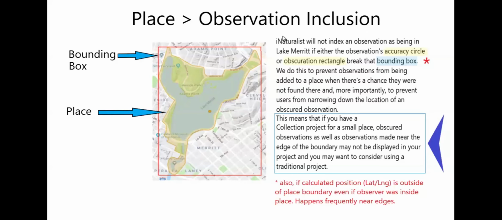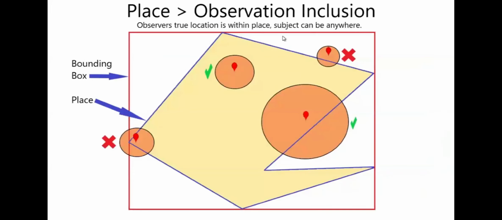Like I said, all these slides will be available. You can read through these in more detail. So here's four observations, all taken in that place. On the far left here, you've got an observation with a moderate accuracy circle, but it was close to the edge where the bounding box was. I've got another moderate one here, but it all fell within: the latitude and longitude was there, and the accuracy circle was there. Here's one with a huge accuracy circle, but because of the geometry of the place, it didn't break the bounding box. And the fourth one up here in the upper right,